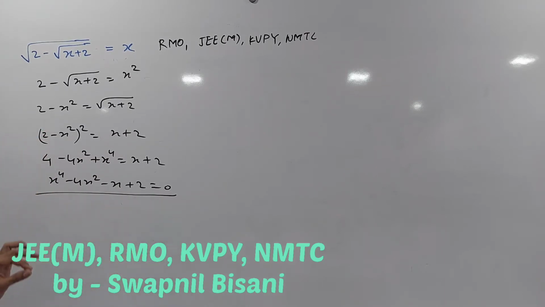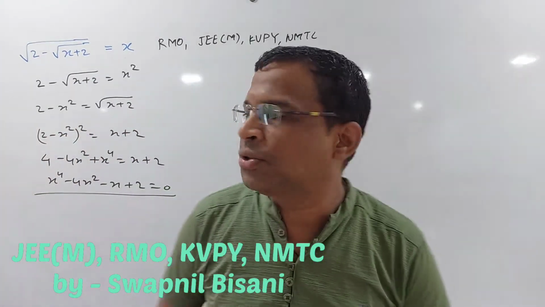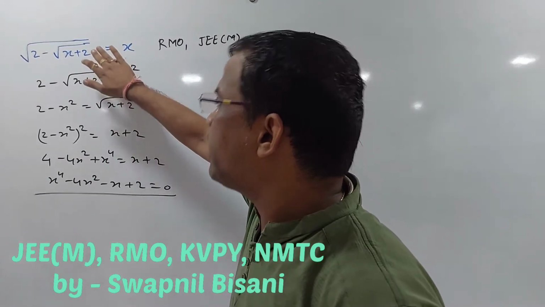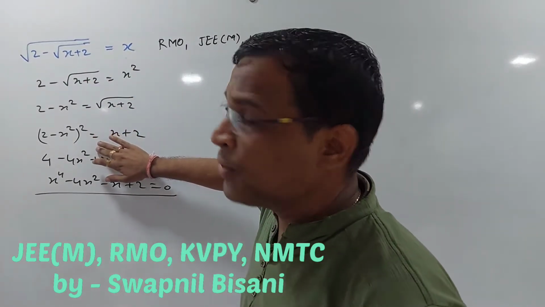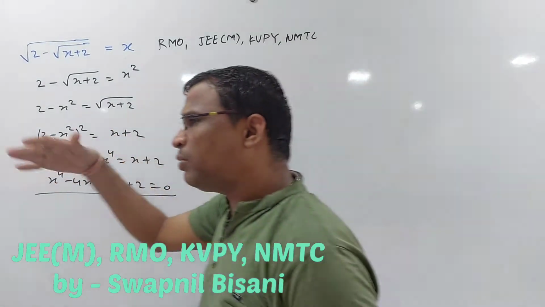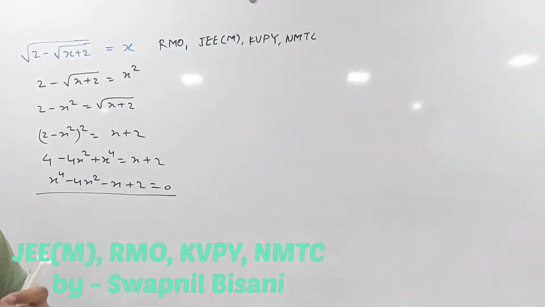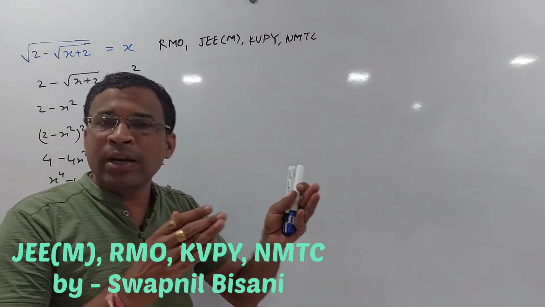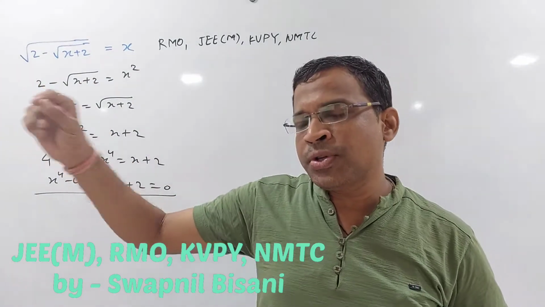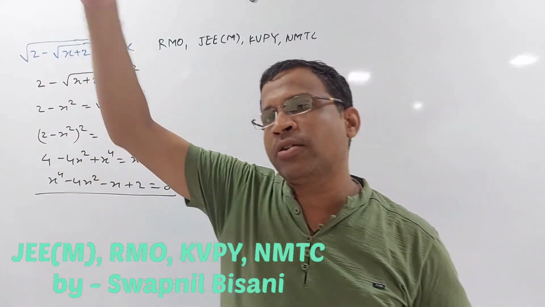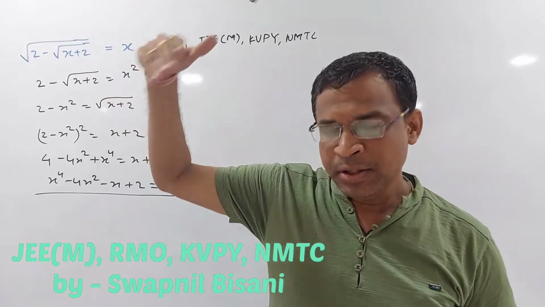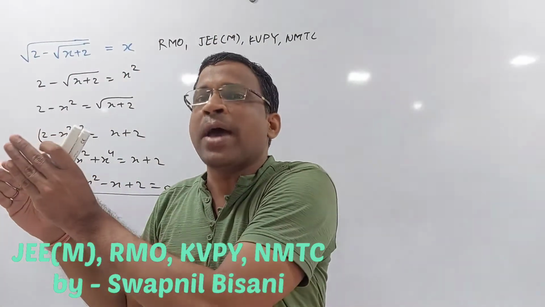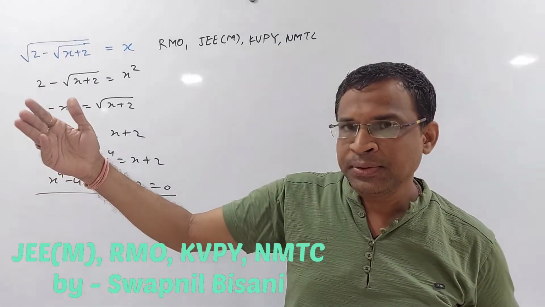This is one way, but one understanding which I can give you is that whenever you are squaring any radicals, here we have done it 2 times, we don't know algebraically, but mechanically it carries so many things. You may be knowing that in the end when you got some answer, we used to cross check, put the value of x and check whether this is satisfied or not. Then we observe that some value does not satisfy. Those are the extra baggage which we are carrying because of the squaring.